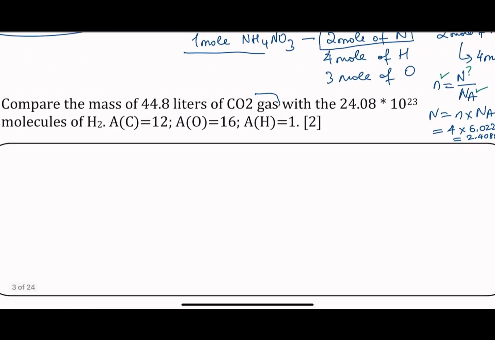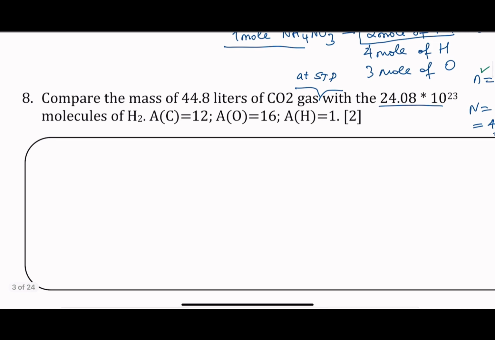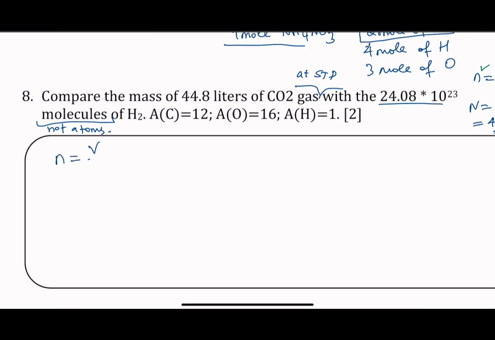It should say over here at STP, but we're just assuming that you know it, with 24.08 times 10 to the power of 23 molecules of hydrogen. So you're not given the atoms. It's not atoms. It is actually molecules. Okay? So let's first of all write the formula n equals V over V_STP,